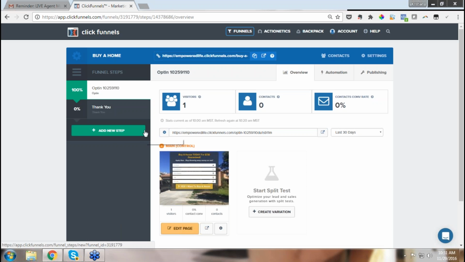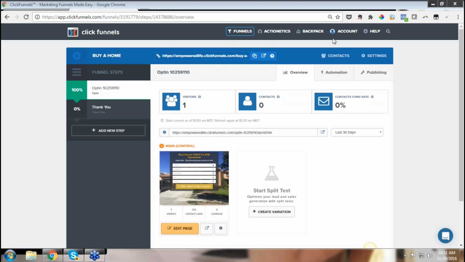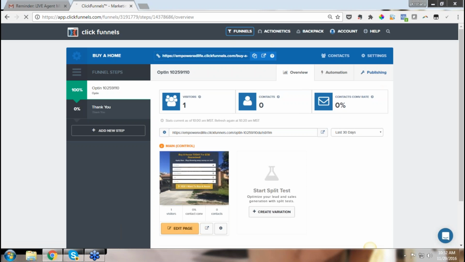So what I'm showing you here is just a very simple, what we call a front-end funnel. I'm going to show you guys how easy it is to, in 5 minutes, throw together a quote-unquote niche-specific website or a funnel. So in here we just have a couple of pages. We have an opt-in page. We have a thank you page. We have all of our stats. We can come in and,